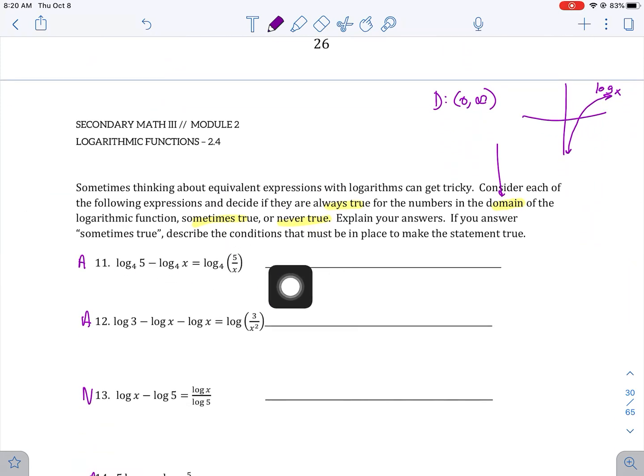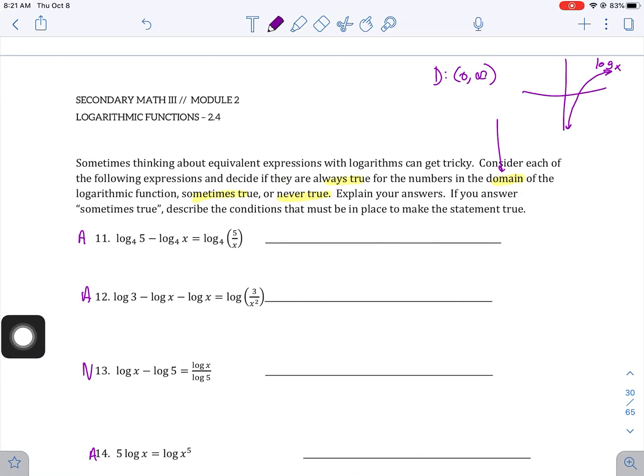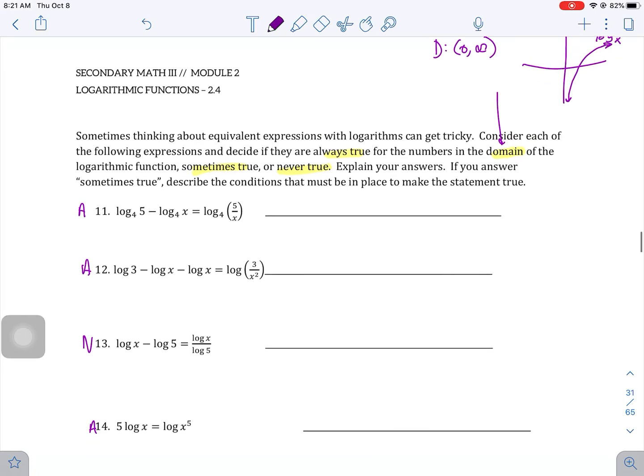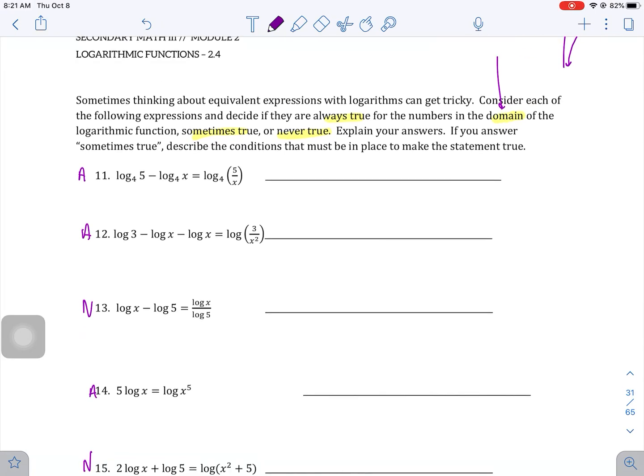This one, is it always true, sometimes, or never, given a domain? Remember, here's the log function, so remember the domain. It doesn't actually cross the y-axis. So the domain, the x values, does not include 0. It does not include the negatives. It would be from 0 to infinity. So in this case, this would always be true. Okay. And you can try different x values. The second one is always true,